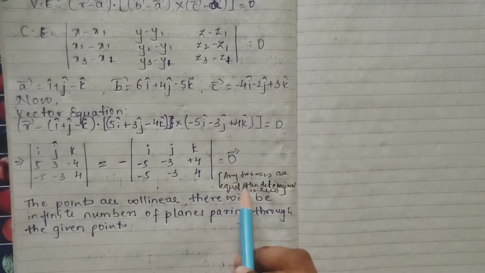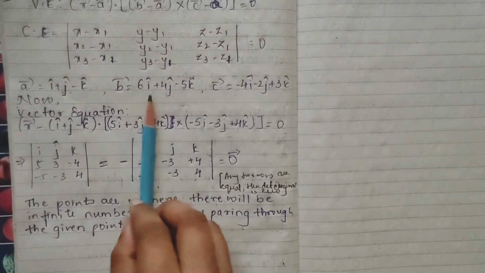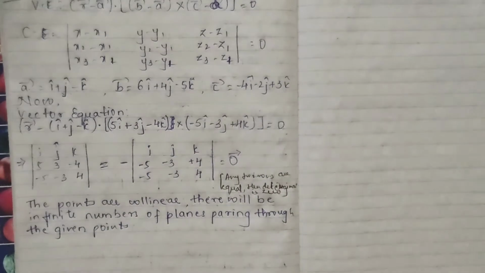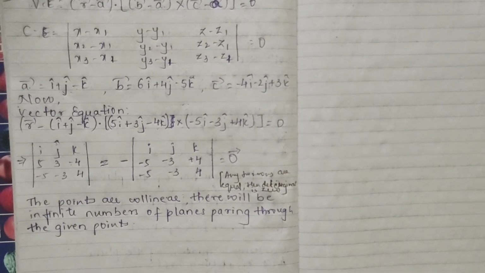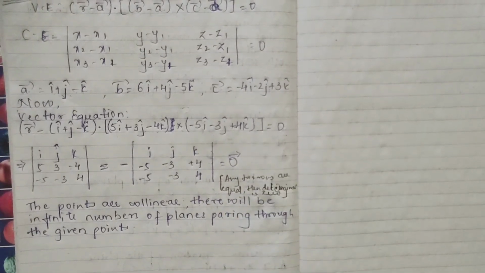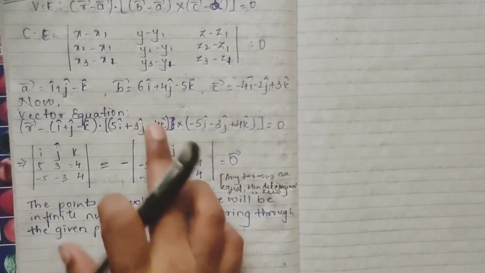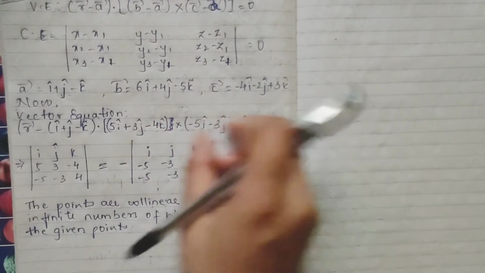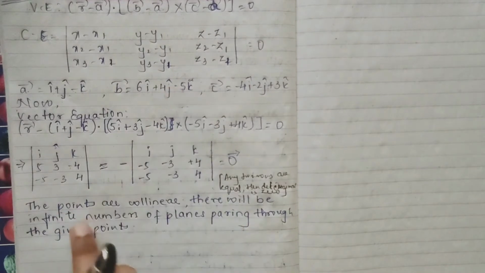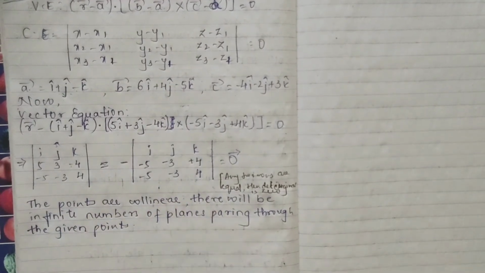If you want to find out the value, instead of writing the property, if you go to find the value, we expand along i, j, k, right? Remove your i and see what you'll get. You'll get a 0 part. So there is no equation for this. I hope this much is clear. In some problems you may get a result that is not 0, it will be proper. Then you can fill up the equation for the Cartesian equation. In the Cartesian equation you will get 2x plus 3y, somewhat like that equations.